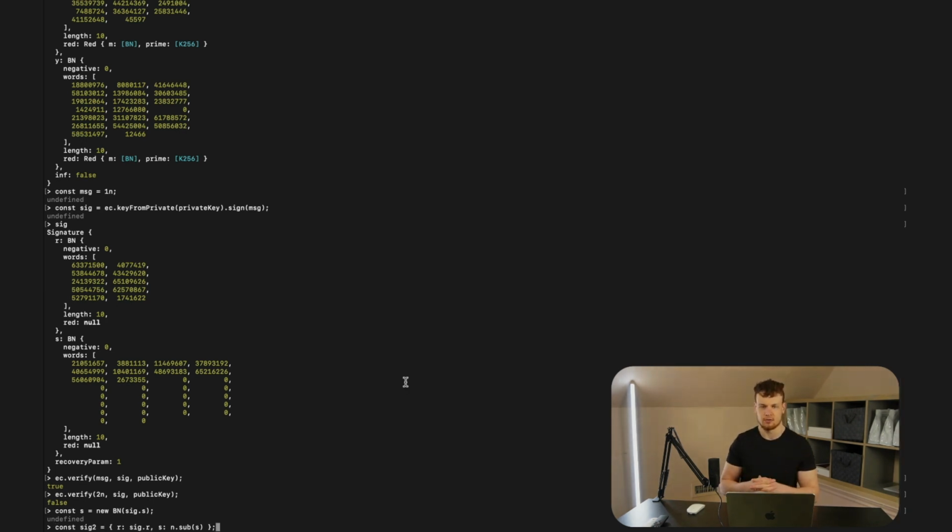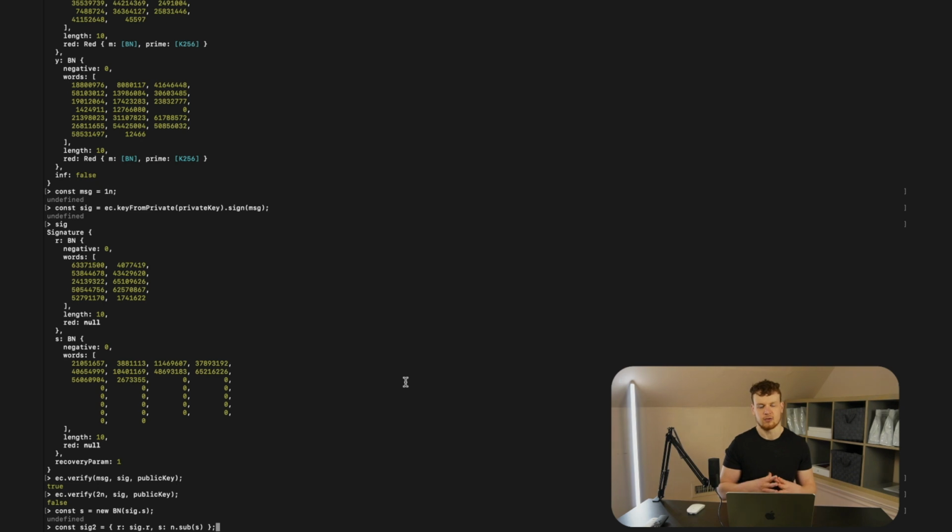Okay, so here is our manipulated signature. You'll notice that all I changed from the old signature is the S value. And specifically what I did is I took N and I subtracted S. Now we'll remember that N is the order of the SECP256K1 group, or the number of points on the elliptic curve. Now, without getting too far into the group theory, into the number theory, into the elliptic curve cryptography, I'll suffice to say that the modular nature of